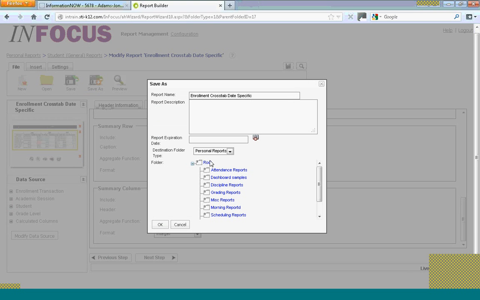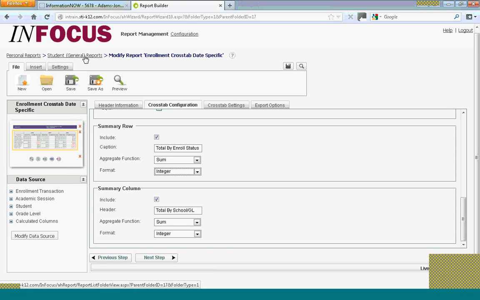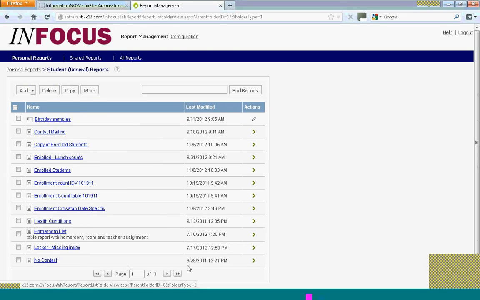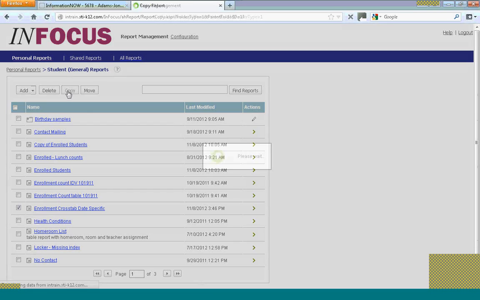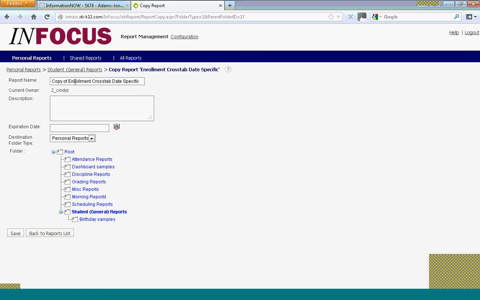But actually, let me show you. You can do the save as the way I've shown you before, but I would like to show you the other option for how to copy from one report to another. So I have my enrollment cross-tab date-specific report. I'm going to select it here. I'm going to click on copy. It creates a copy of enrollment cross-tab date specific